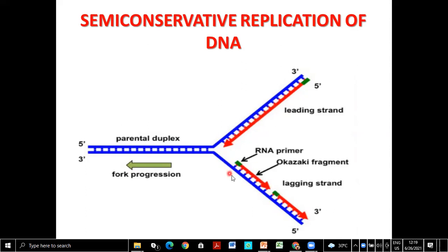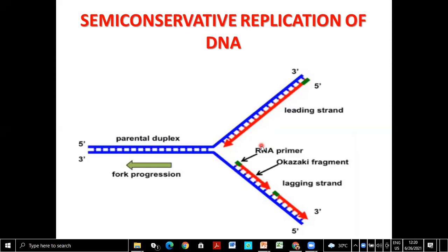So in both the parental strands, or both the DNA strands, one is old, that is the parental strand, and the other is new. Same here. So this mode of replication is known as the semi-conservative mode of replication. Now, some other theories were also proposed, meaning other ways of replication were also explained. We'll just see what they were, and we have to understand this very clearly. We are going to learn that it is proved that DNA replication is semi-conservative.